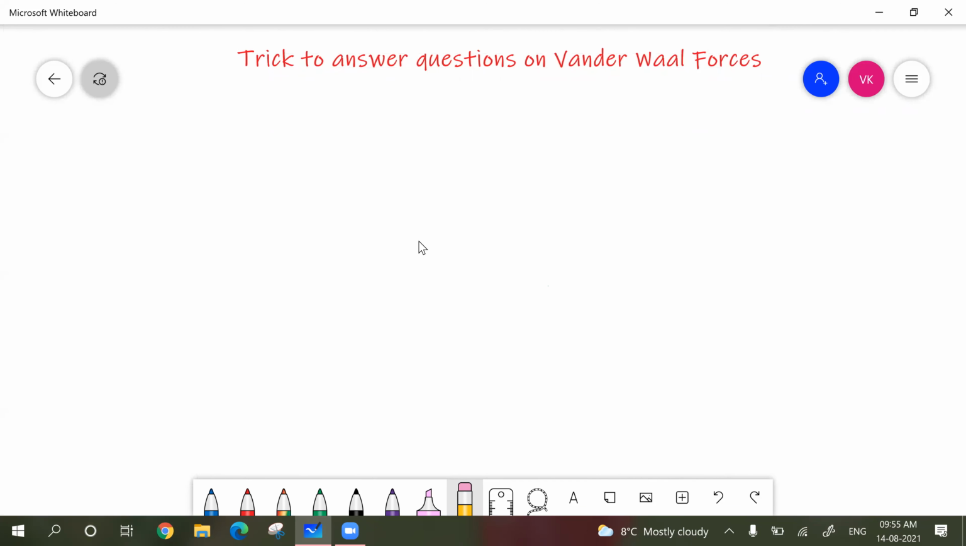In this session, I'm going to explain a few simple tricks on how to answer questions on van der Waals forces. First, let me tell you the 5 different types of van der Waals forces that we have. The first trick is the order of the van der Waals forces. First, ion-dipole interactions are always the biggest of all, followed by dipole-dipole,